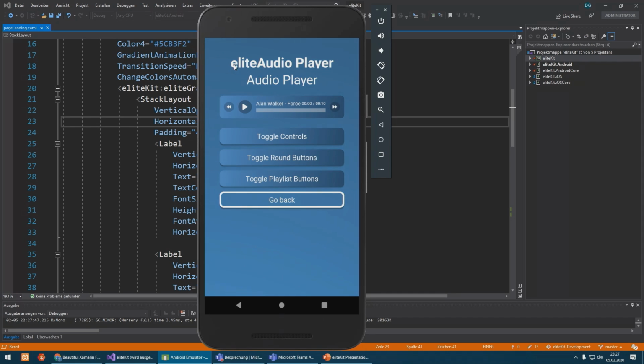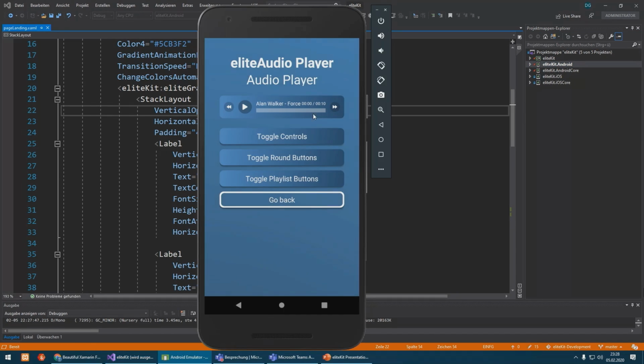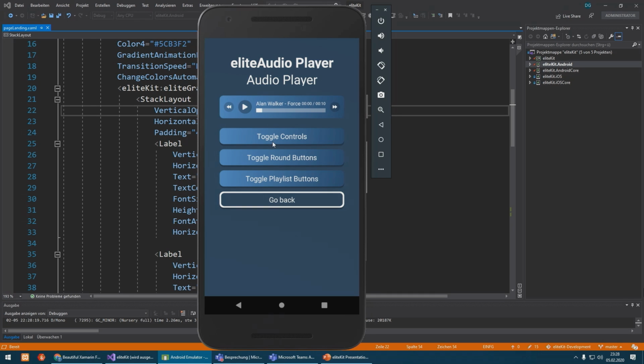So there is the Elite audio player. You can play your own MP3 files and audio files, which will be stored in the assets folder inside your application, and they will be loaded from the assets folder. So you can click on the play button to start the audio and switch to another song, which is also in the playlist currently set and defined in the collection. Very cool. That's awesome. And it's also repeating itself. And it seems like there's a lot of control over it, customization.